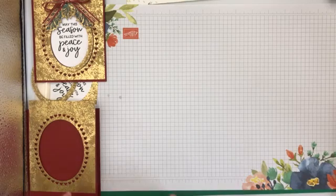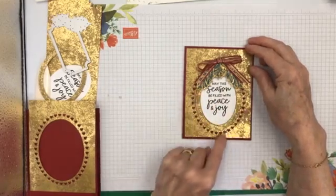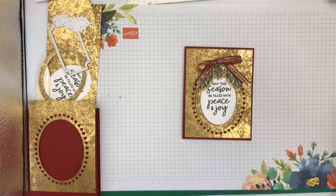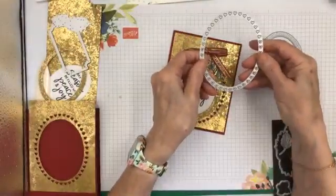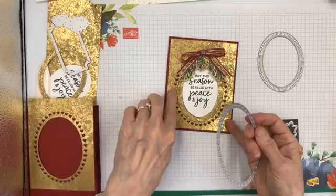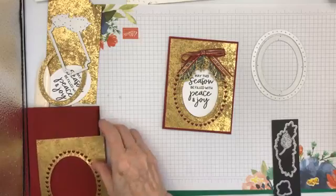Okay, so we'll put those aside. Now the card today is this one. I've combined the stamp set, May this season be filled with peace and joy. I have used 2 of the floral dies, Framed Florets Dies. I have used these 2. Something else I need to say about this one is it does not cut out anything except for the hearts. So to get this center cut out, you have to use this as well. So you put the 2 together like that, and you end up with this,